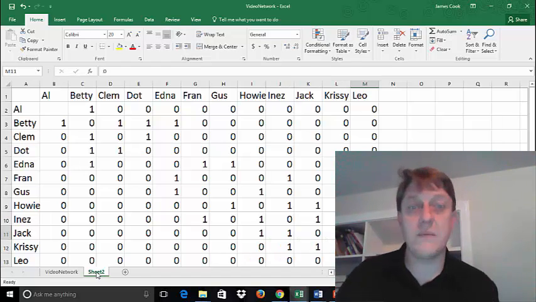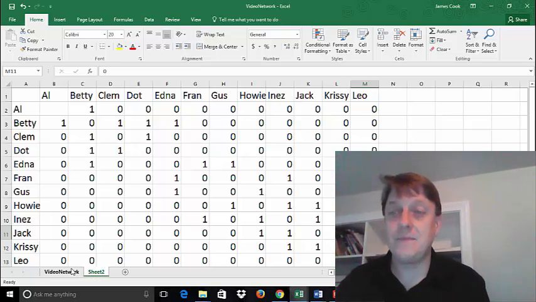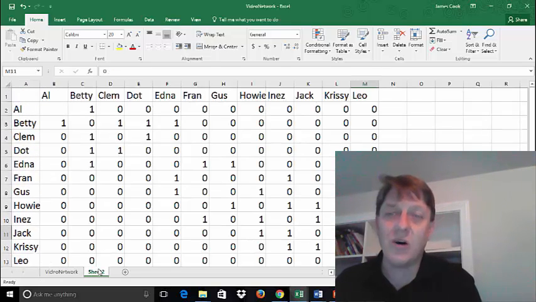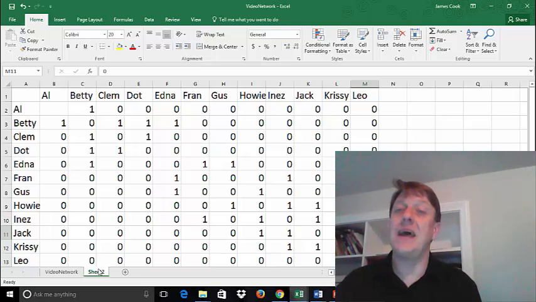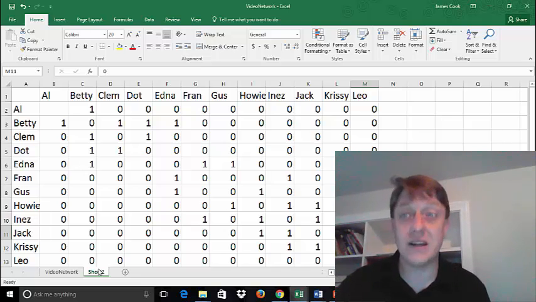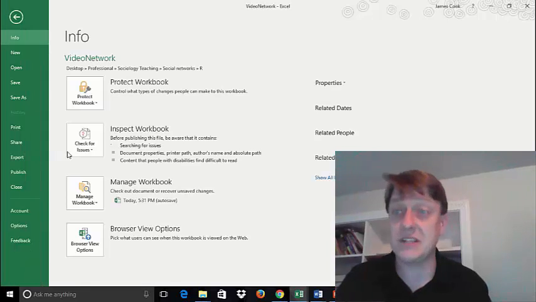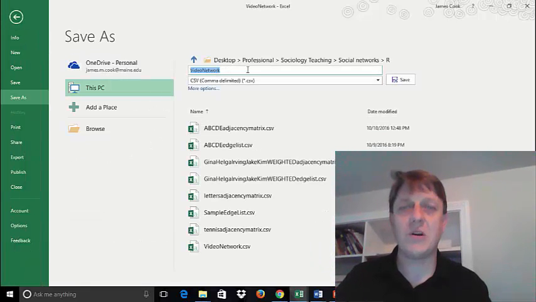So this is our network. This is the same information as is in this edge list, but it also contains information about where the ties aren't. And so it's just another form that you may encounter. We can also save this, and we'll save this particular tab, save as a CSV, and we'll call it Video Network Adjacency